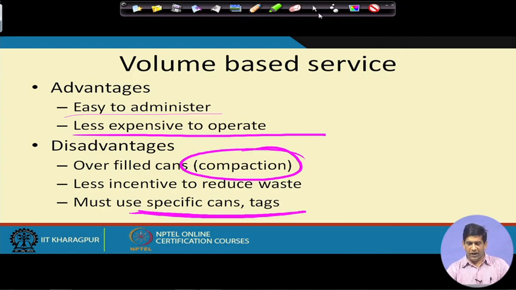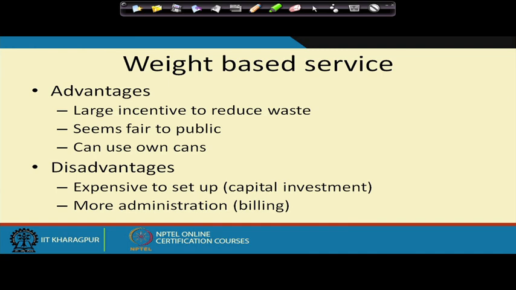For the weight based service, it seems more fair because there you have a large incentive to reduce the waste, because it's based on the weight. It seems fair, and people can use their own cans too. For every household, you know the tare weight, the empty weight of the can, if they use the same can all the time. Every time you weigh the garbage, things are automated these days, so the difference will give you the weight